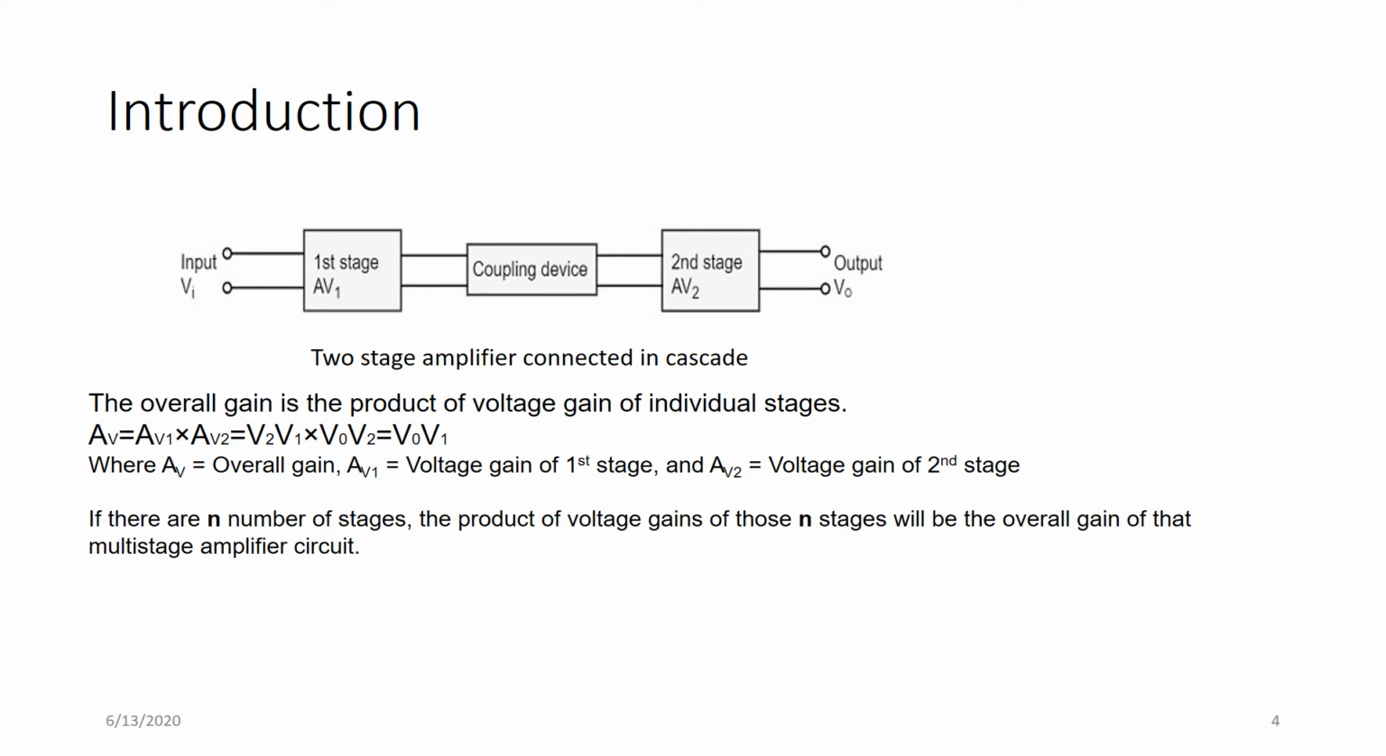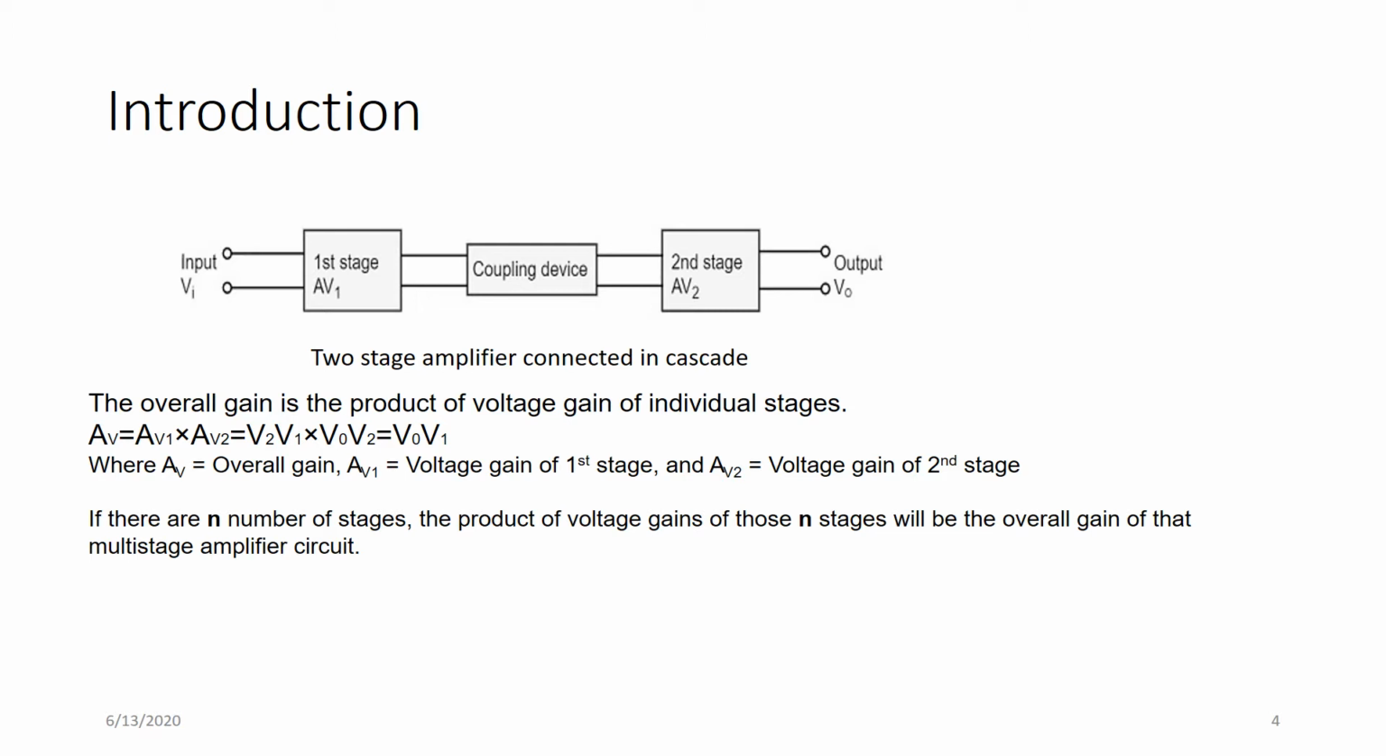Introduction continues. Two stage amplifiers are connected in cascade. Suppose the first stage has an overall voltage gain AV1, and the second stage has an overall voltage gain AV2. We take the product of the two individual voltage gains of each stage to define the overall voltage gain. So in a statement form, the overall voltage gain is equal to AV1 into AV2, which is